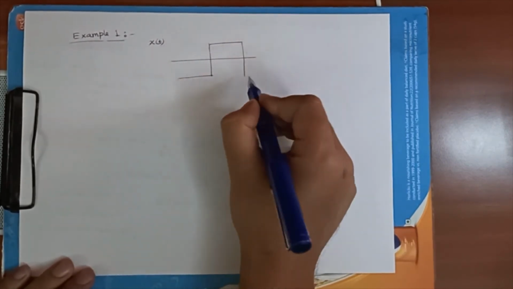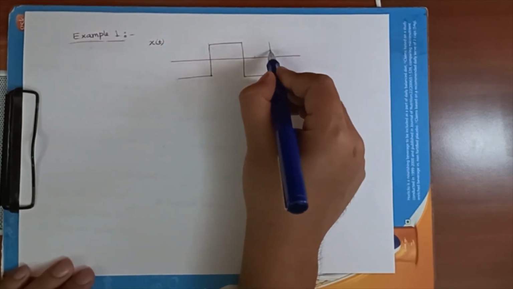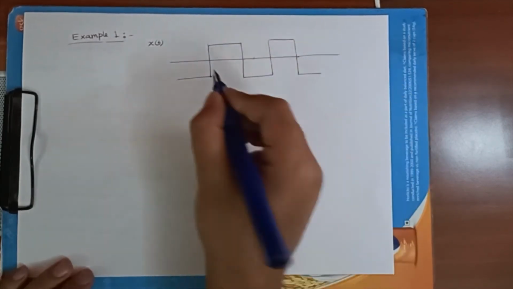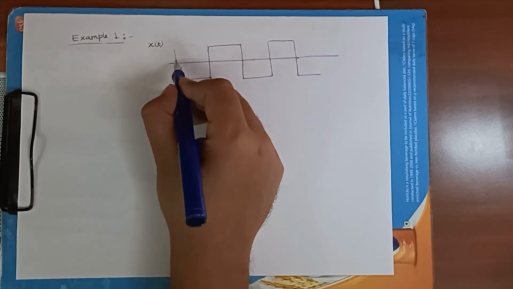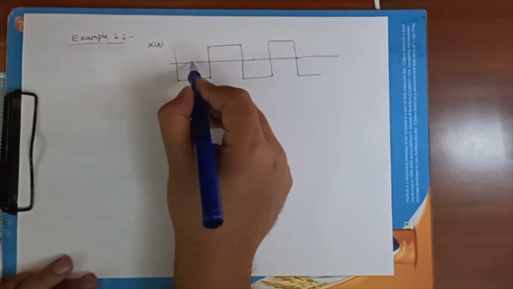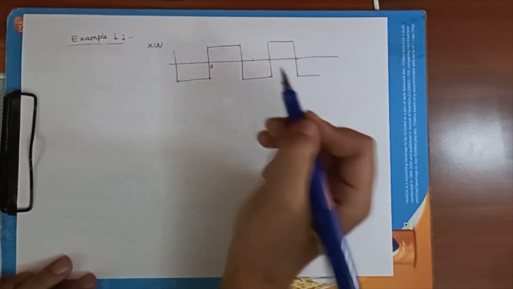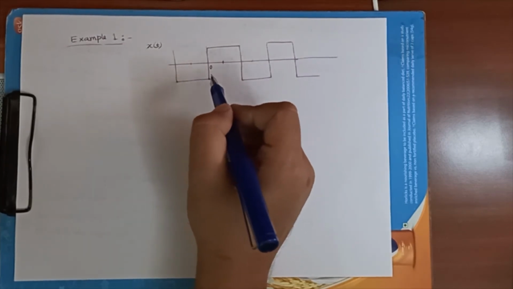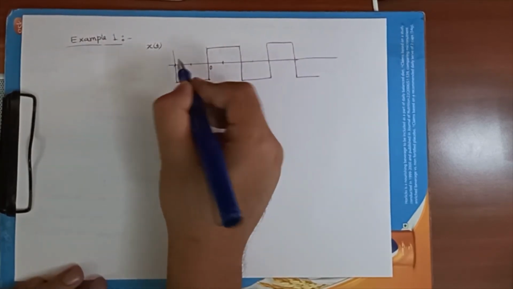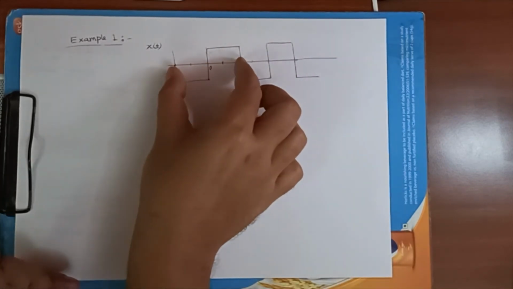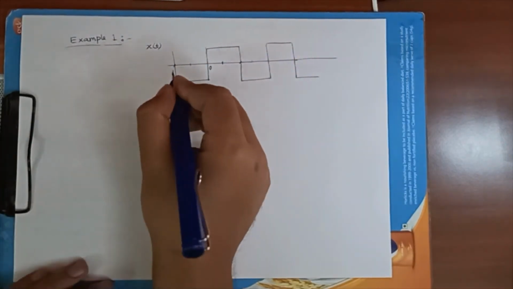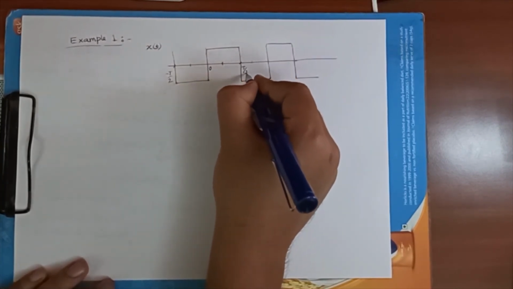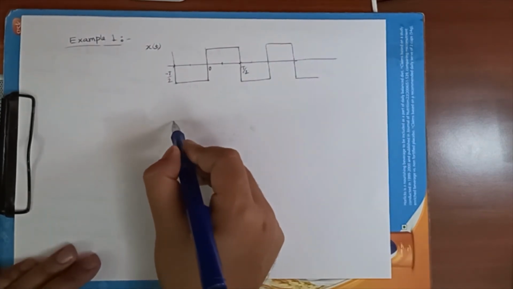So essentially the signal is like this, oscillating between +1 and -1, and the time it takes to complete one cycle is capital T. Let us take this point to be time t equal to 0. Clearly this interval from here to here repeats. This point is minus T by 2, this is 0, and this point is plus T by 2.